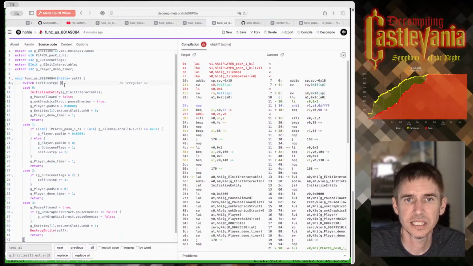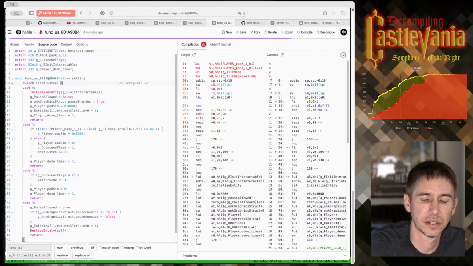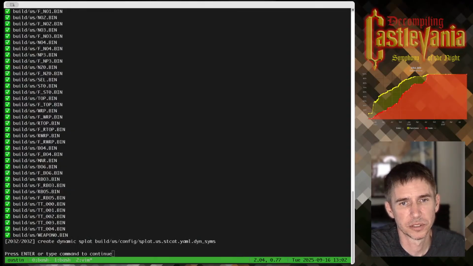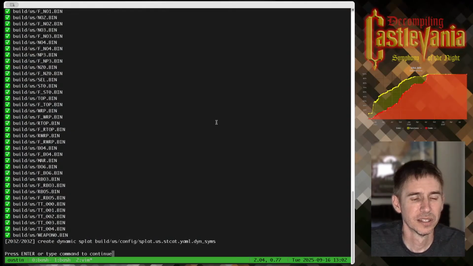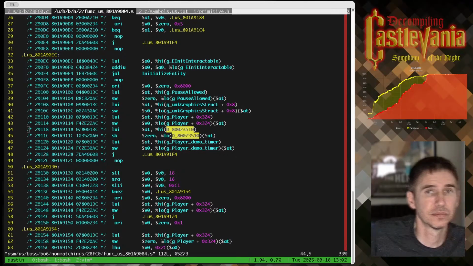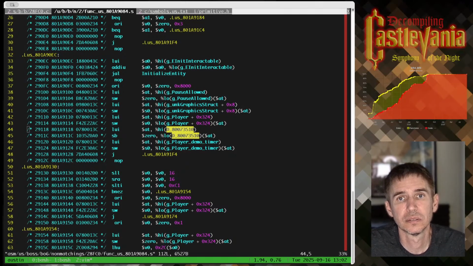When M2C says that this is an irregular switch, it means that there is no jump table associated with it. So build finish does not tell me that this file changed, and it did not generate those offsets. Is there something in Splat that I'm missing?